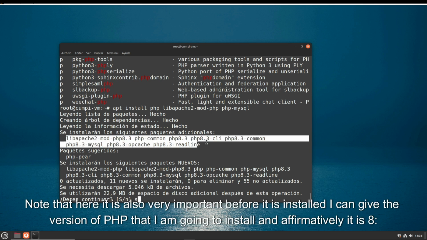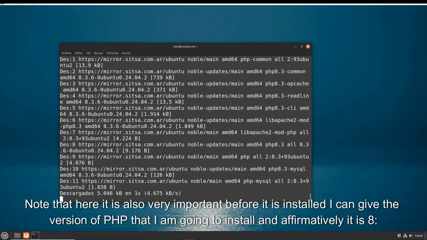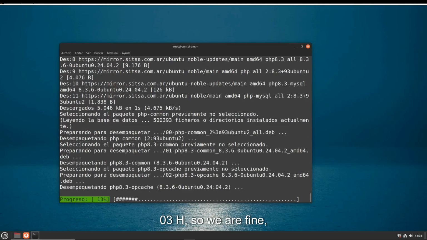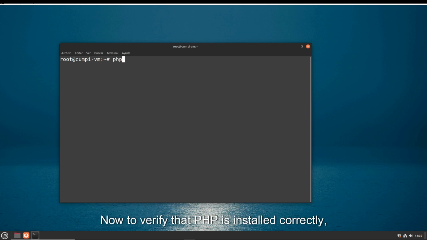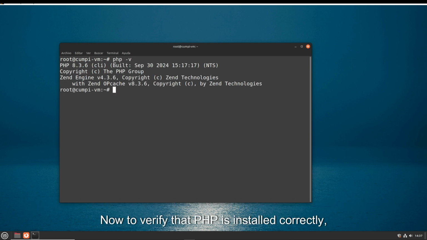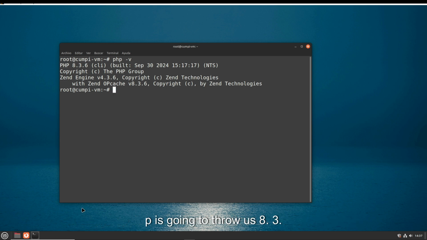Note that here it is also very important, before it is installed, that I can check the version of PHP that I am going to install, and affirmatively it is 8.0.3. So we are fine. I give it yes, that is good, and everything related to PHP was installed there. Now, to verify that PHP is installed correctly, we can first run php -v, for example, and notice that the version of PHP is going to show us